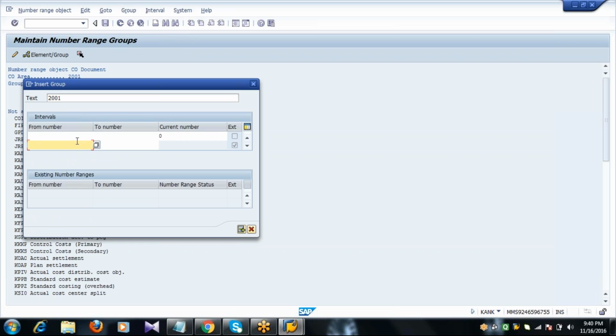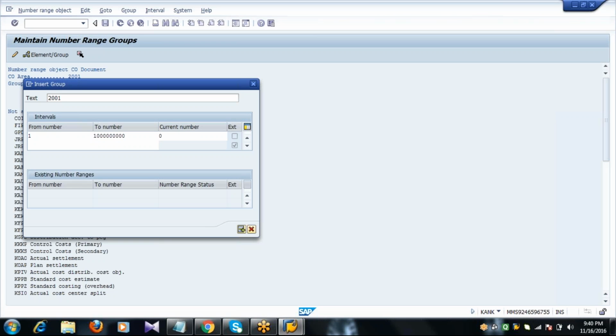For from number, I will enter 1, and for to number, you can give any number. What this number ranges concept is, we'll discuss later in our MM part.